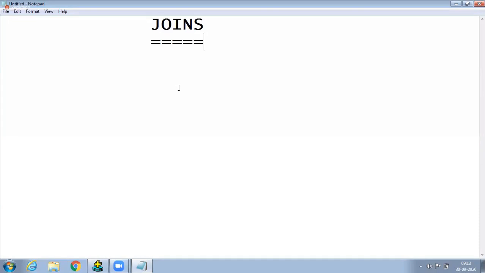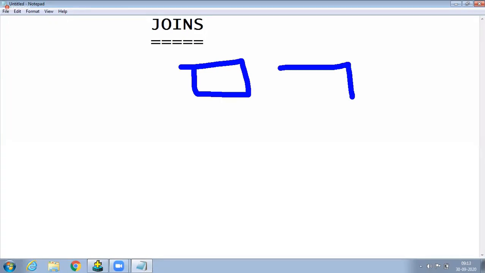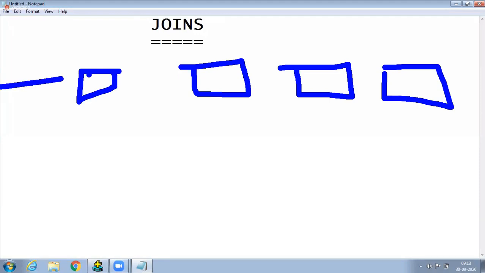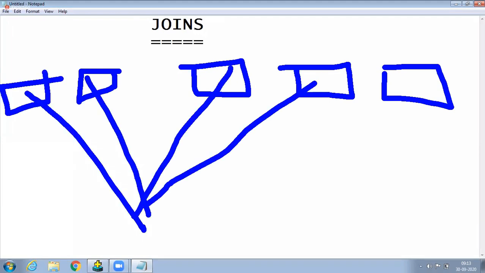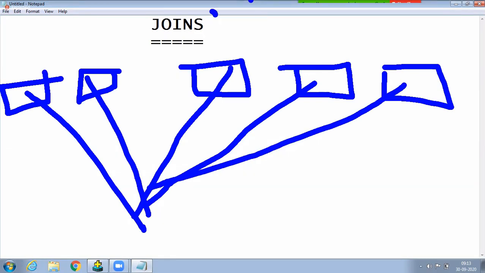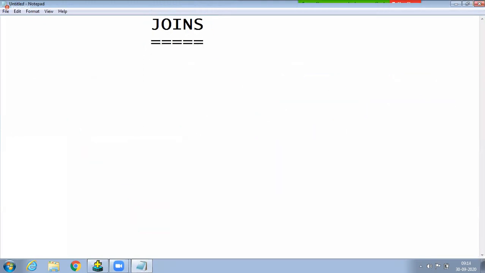Suppose there are many tables in a project. If you want to fetch data from more than one table, we use joins.